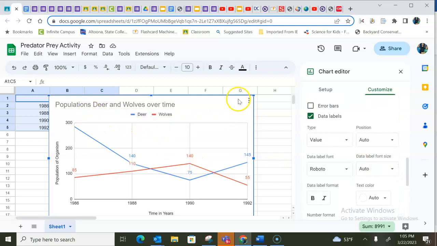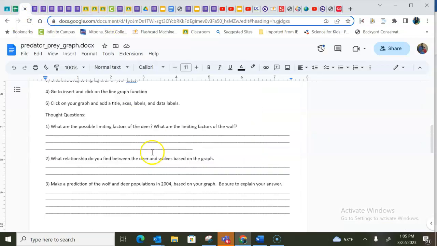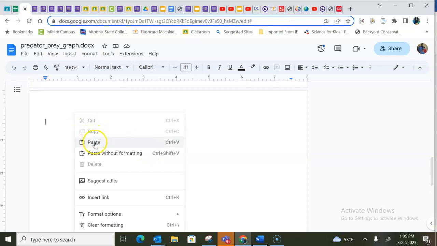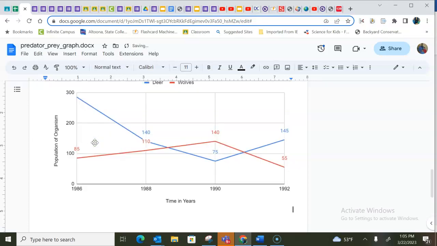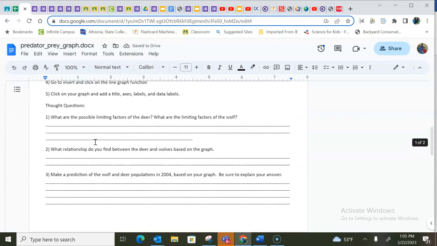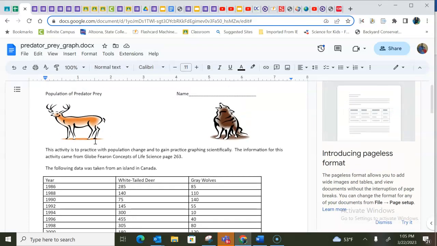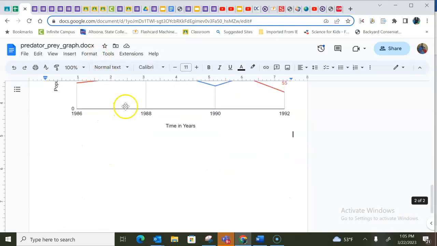Then what you want to do, if you're on your iPad, you'll just screenshot your graph. If you're in a Chromebook or on your computer at home, you just hit copy chart, bring it over, and you'll drop it onto your Google Doc. Make sure that you do not hit the pen button. Make sure that you open it up in the Google Doc, and then you have some questions to answer. So this is there just to help you guys. If you need anything,